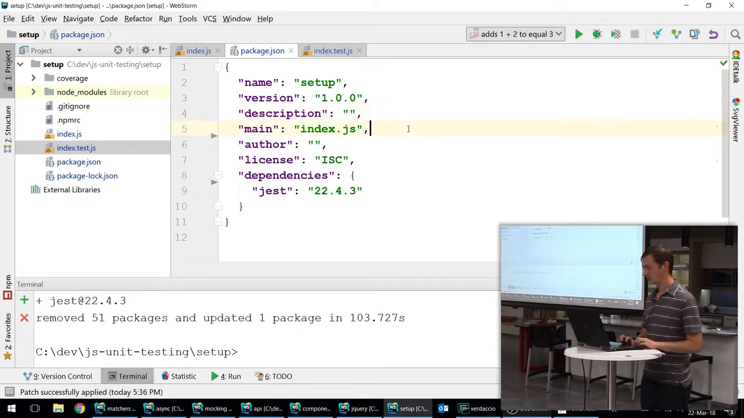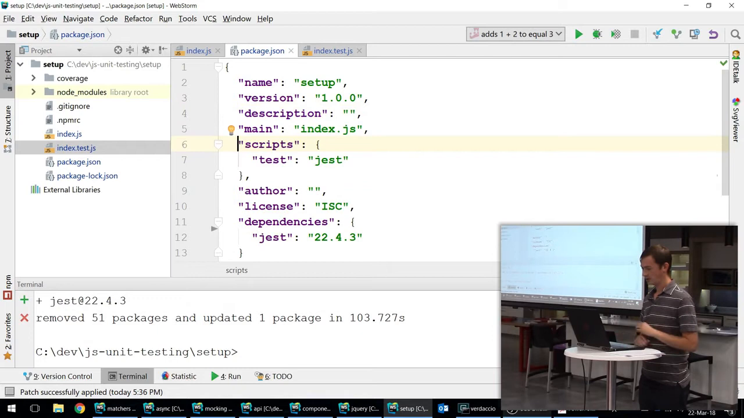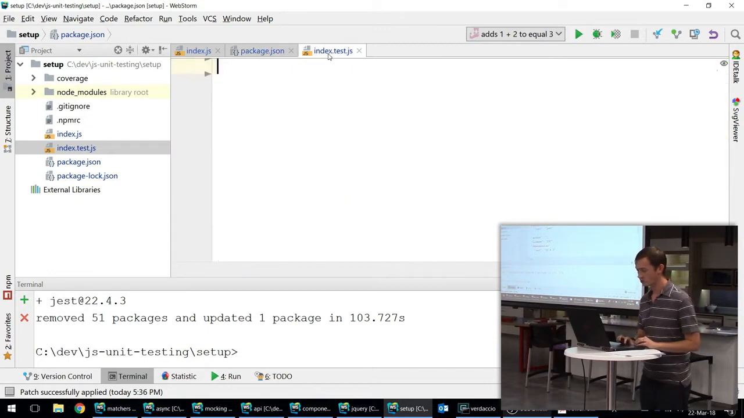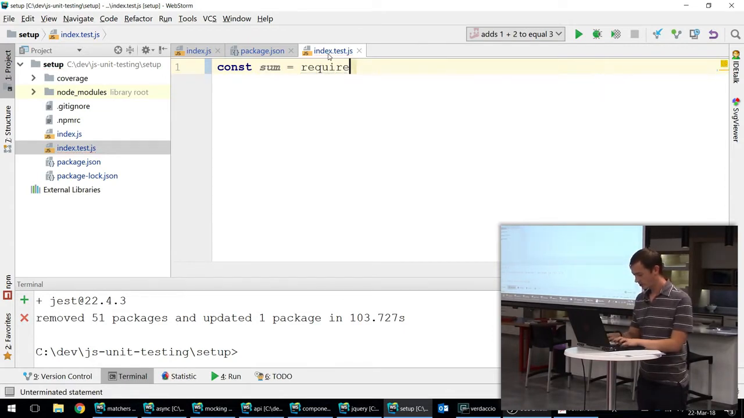To run jest, we're going to need some sort of a script. So if we add a script section to our package.json, we just need to tell it to run jest. We don't have to worry about giving it any other parameters or config files. It'll just work. Cool. So if we want to get our function, we can say const sum equals require, we can now get a handle on that. And to write our test,